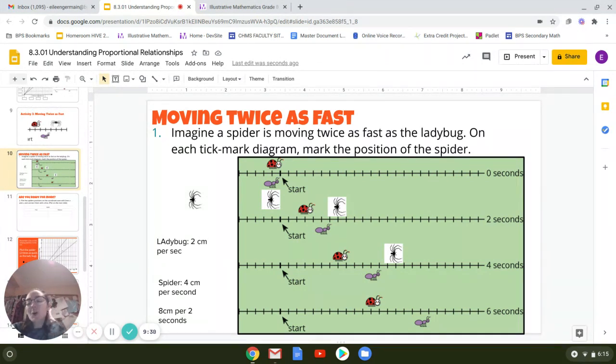Okay, welcome back, guys. So we know he's moving 6 seconds. So he's been moving for 6 seconds now. So we know that 6 seconds is like saying 2 times 2 or 2 plus 2 plus 2, right? So 3 groups of 2. So if he moves 8 centimeters for every 2 seconds, I can say 8 plus 8 plus 8. So 8 plus 8 plus 8 is 24. So he should be 24 tick marks from the start line